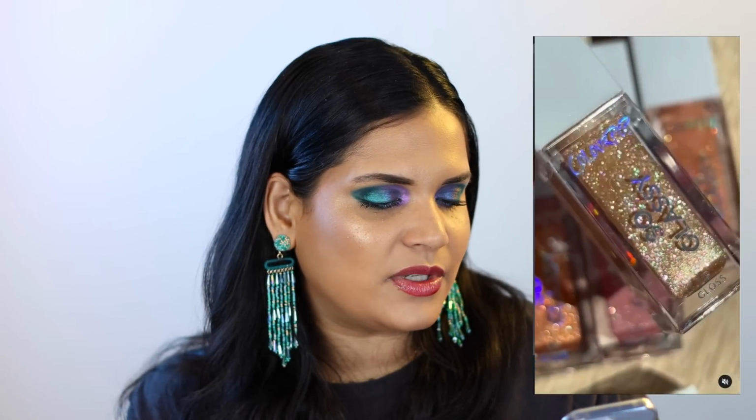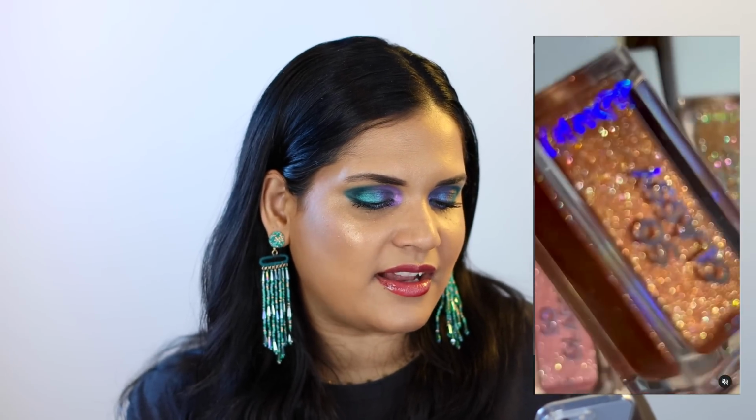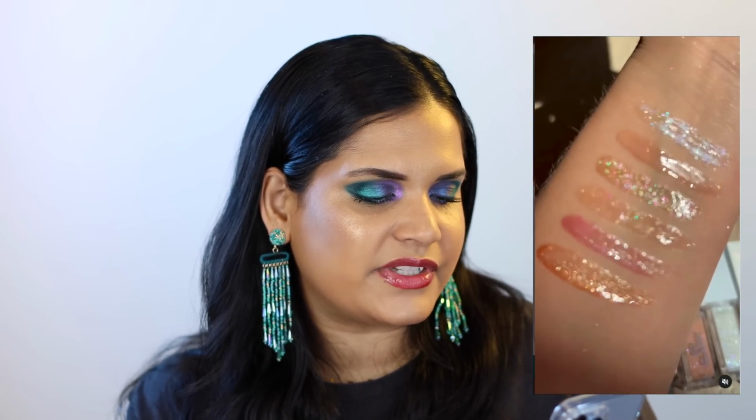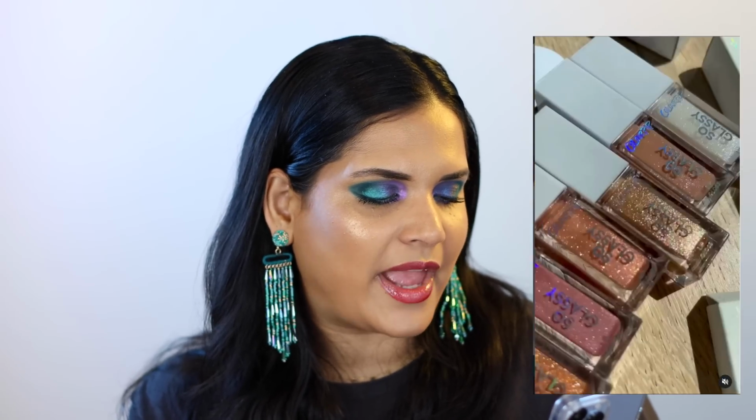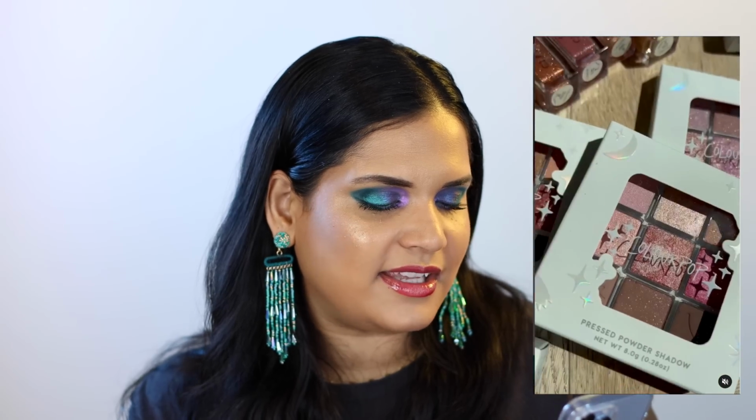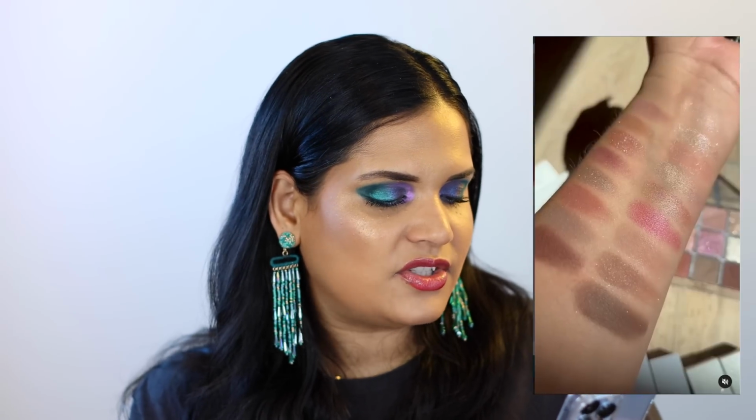Next, we have a new collection from ColourPop. This is the Extra Celestial, 100% vegan, all about glimmer and body glow, 3 pressed powder palettes. And then we have So Glossy, which is a new formula, 6 lip glosses. These lip glosses look so gorgeous. For a second, I thought that ColourPop had done their own version of those Stila liquid metal eyeshadows